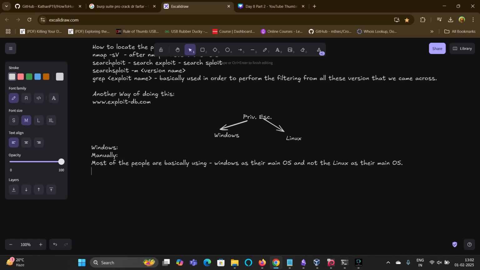So there are chances that whenever you get a shell, that would be a Windows PowerShell, and not the Linux one.